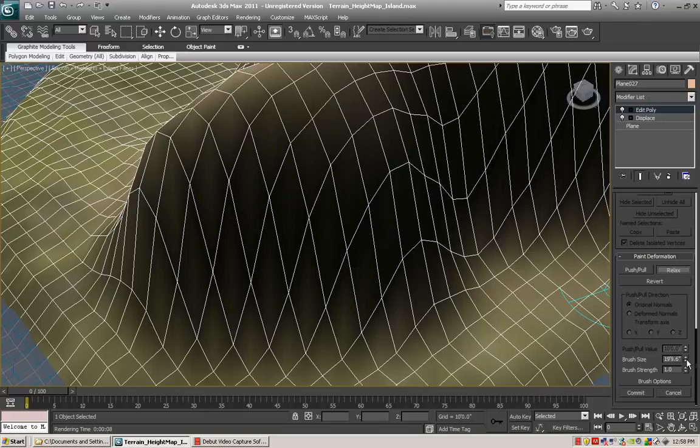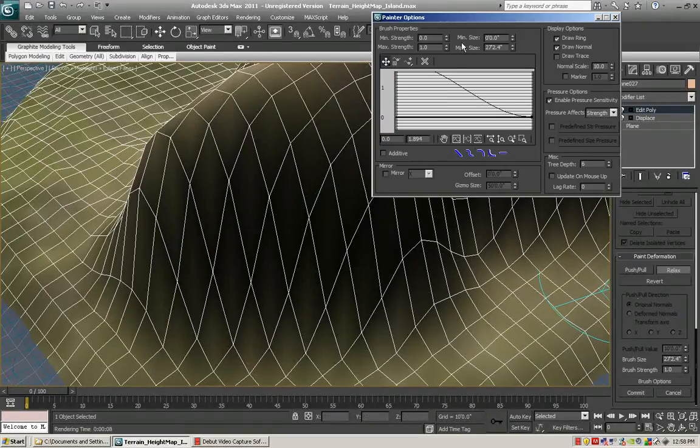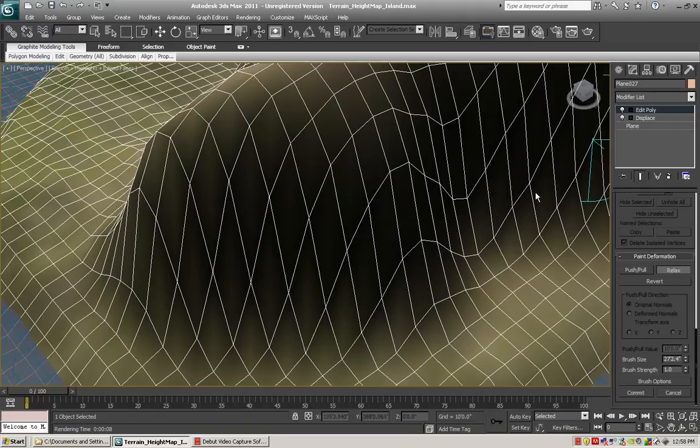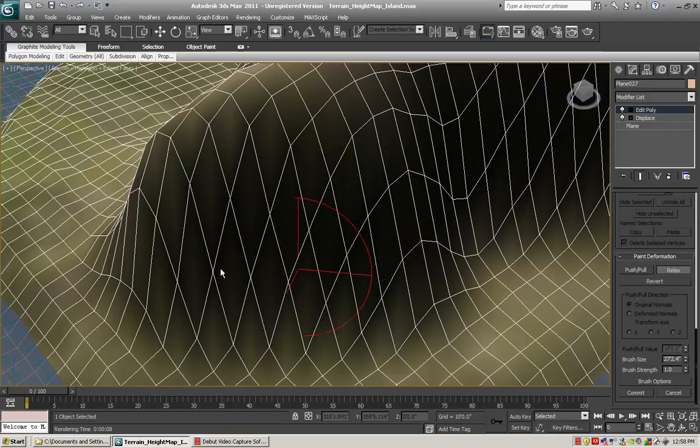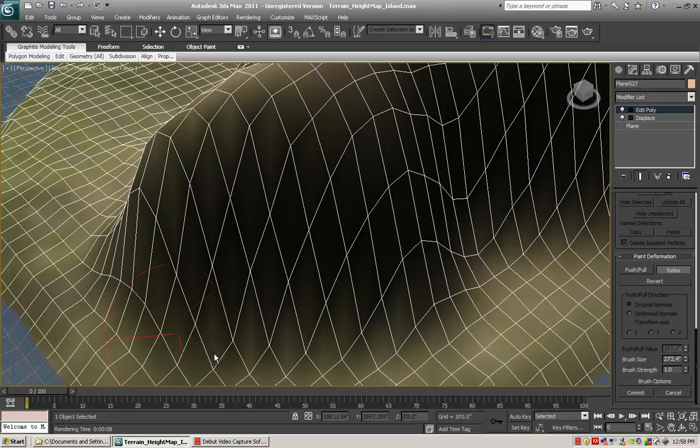Down here we have brush size. You can modify your brush size. You can also dial your brush strength up and down, but if you click on brush options, you'll find a number of other options available. But for this example, we're just going to be using relax. So as I click my left mouse button and drag it over the surface, it will begin to relax the mesh into a more desirable